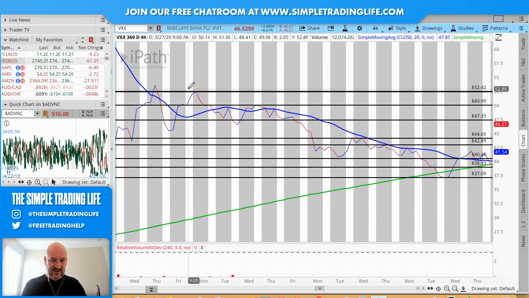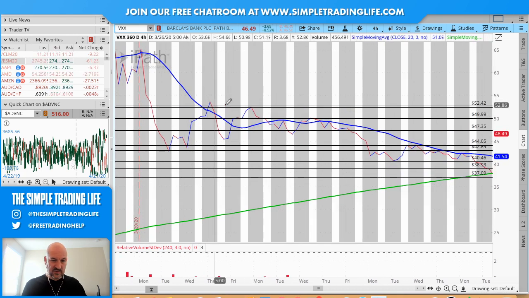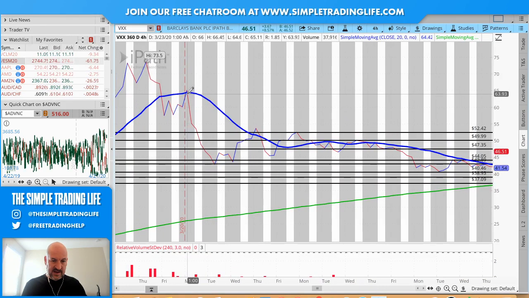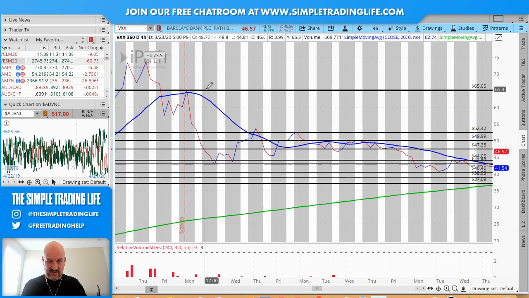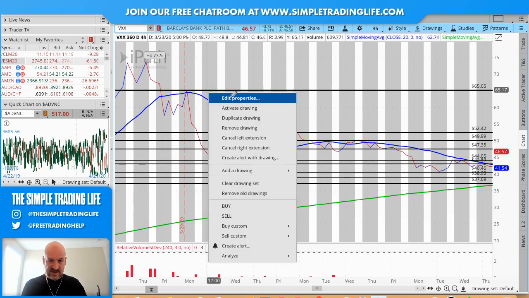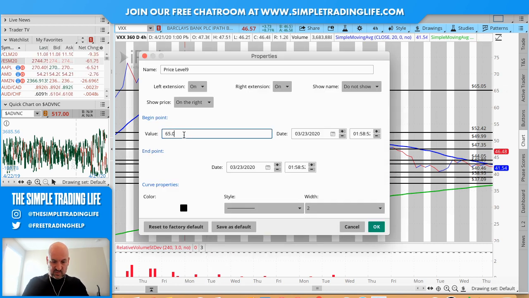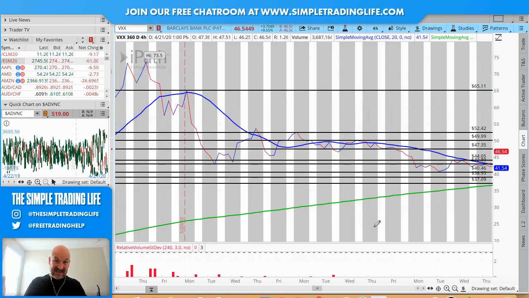That is close enough. That's within 2 pennies. We're going to ignore that one. I'm only going to draw about one more in, and then we're going to turn the candles on. 65.11. Wait a minute here. If I can get it, 65. I'm going to actually edit this one because it's more than just a couple of pennies off. If you're 2 or 3 pennies off, that's fine. If you're 10, 15 cents off, you definitely want to adjust it.